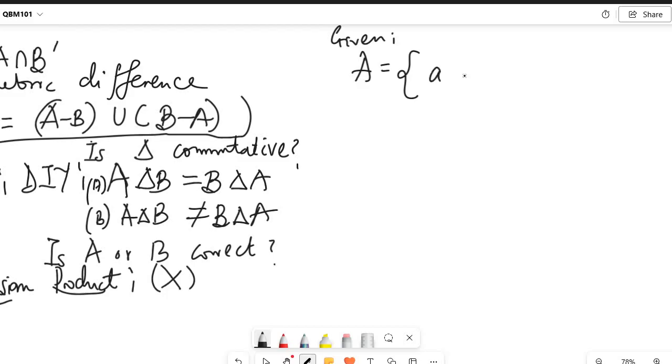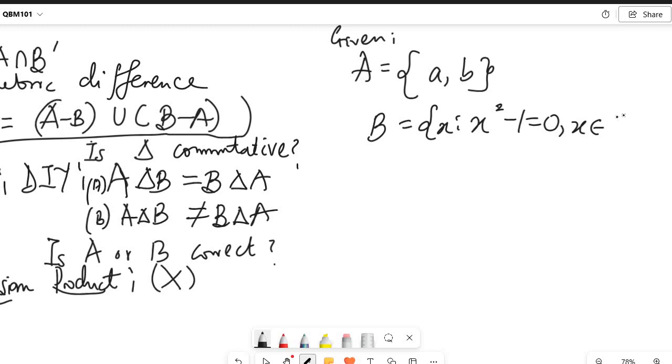Let's say I have A = {a, b}, and then I have a set B that equals {x : x squared minus 1 equals 0, and x is an element of Z negative}. Look at this. So for me to now evaluate A cross B, which I believe you definitely know